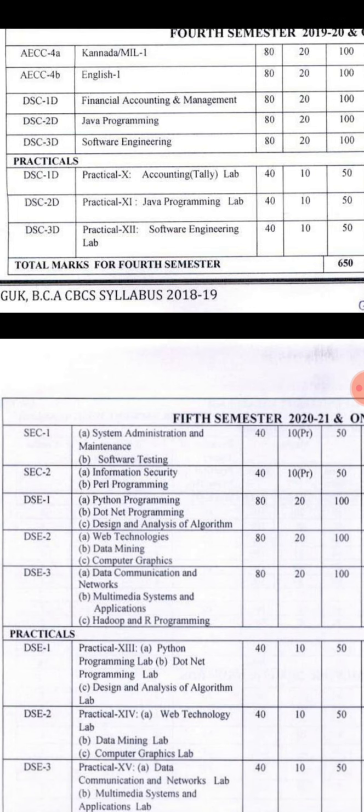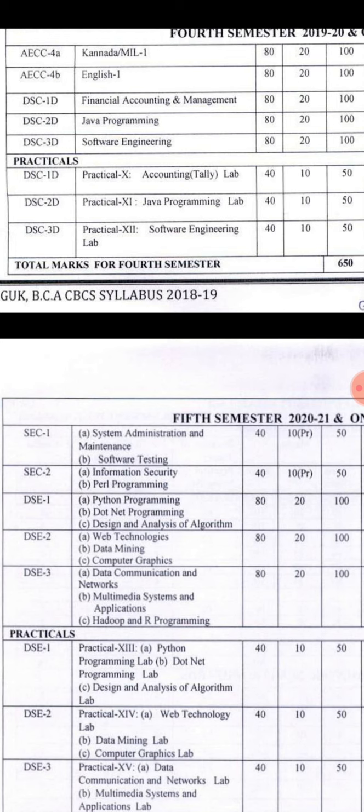SEC2, that is information security and Perl programming, 2 papers were there. So you need to again choose either information security or Perl programming. Again it is for 50 marks, 40 external, that is written theory, 10 practical, internal practical. Okay,